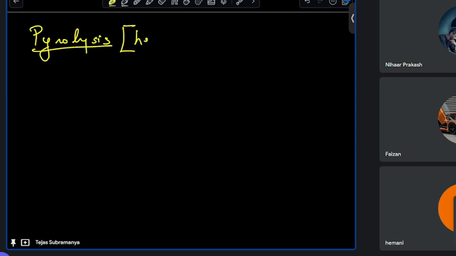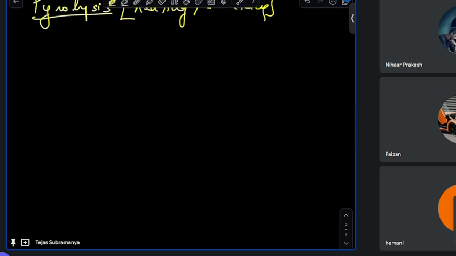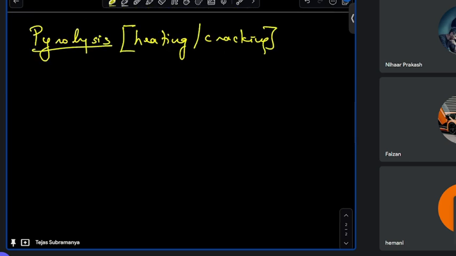Pyrolysis in simple language means what happens when you heat the compound. It's also called heating or cracking. Fine. So it will break the compound. Literally, it will break the compound. It will give us many products. Now, those many products depend from form to form. But at the end of the day, understand, when you're trying to break something, usually what happens is it is easier to